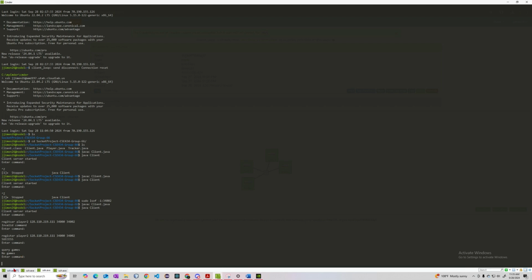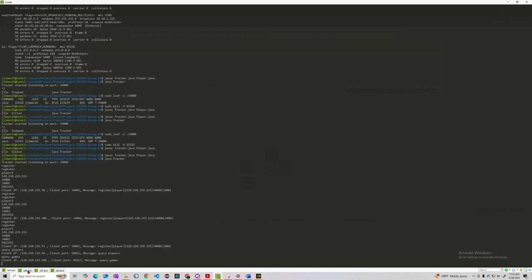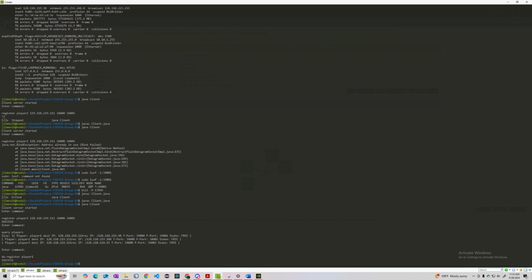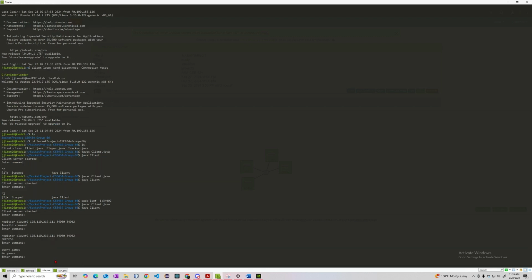Now the last thing I have to do is just deregister every player in here. So I'm going to deregister player 1, and there, it terminated the program and it removed the player. Now I have to deregister this one, player 2,